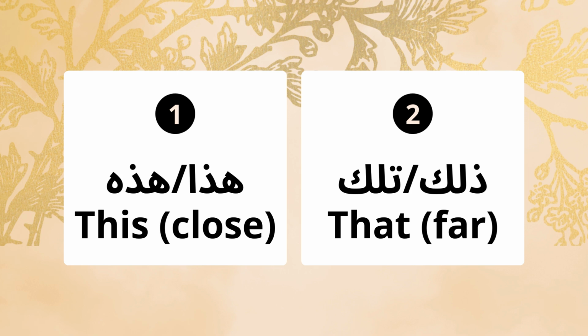What about هذا and هذه? Close to me. Let's say هذا كتاب. This is a book. The book is close to me, so I say this. Now remember,